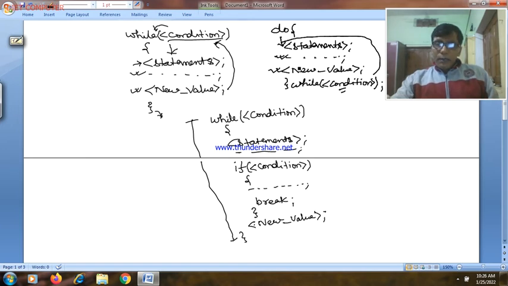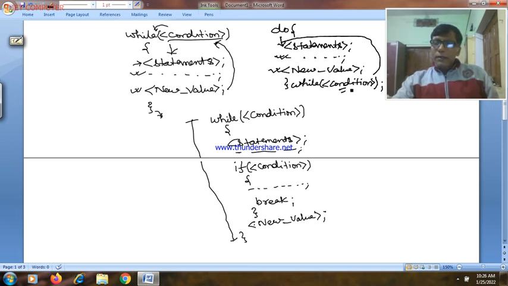The last statement inside the do while loop is executed, and after executing it, the condition that you have written with the while keyword is evaluated,